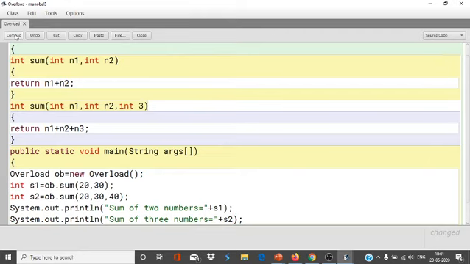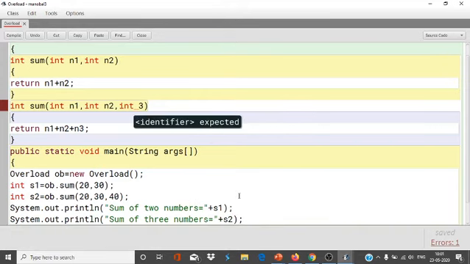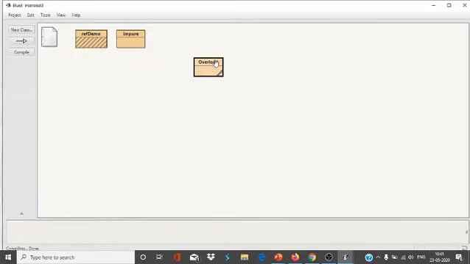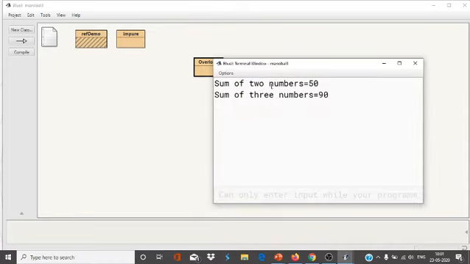Compile it. It will be n3. No syntax error. Compile and run this program. Sum of two numbers 50, sum of three numbers 90.